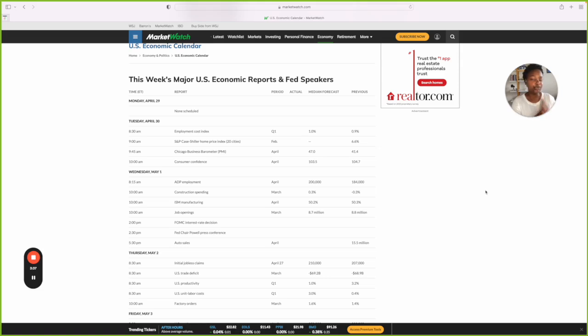Me personally, I love to look at a resource that I can stay on. It's almost like when you're reading a book that's a little bit more advanced than you are, you have to make sure that you have a thesaurus and Webster's dictionary next to you, right? I don't like to do that. I want the resource that I'm on to also be able to teach me, and I don't have to click off on a different website. However, Econoday does not update until Monday when the market opens. Very annoying. So on the weekends, I look at MarketWatch because it will show me last week, this current week, and next week's economic data schedule. However, let's get right into it.